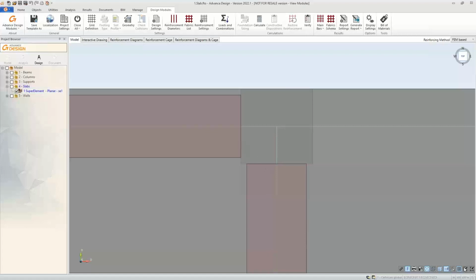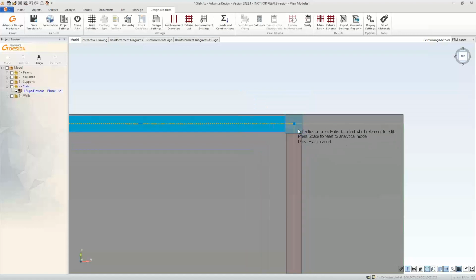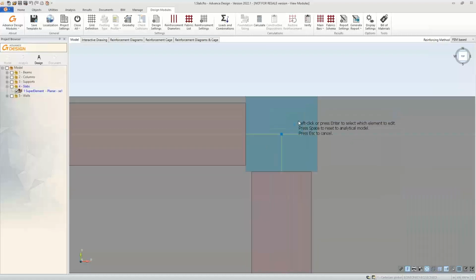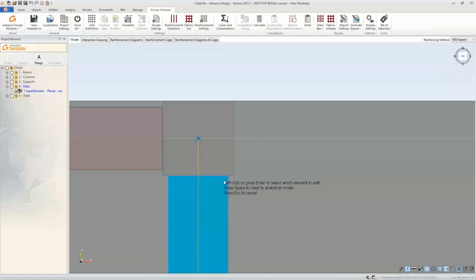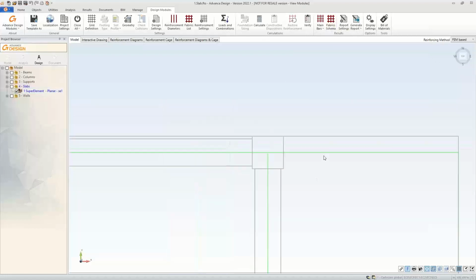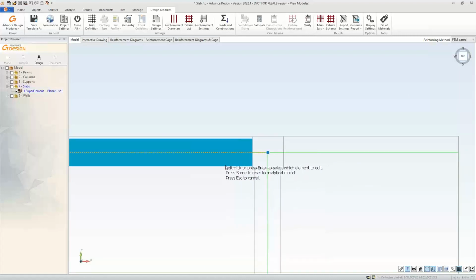but I can also change the position of elements like supports, beams, columns. For this, I use the last command. I need to select what I want to move. If I want to move a beam, I select the beam. I have some troubles with selecting. I don't know why. Maybe I should use a different option. Yes. So I can now select the beam and move it